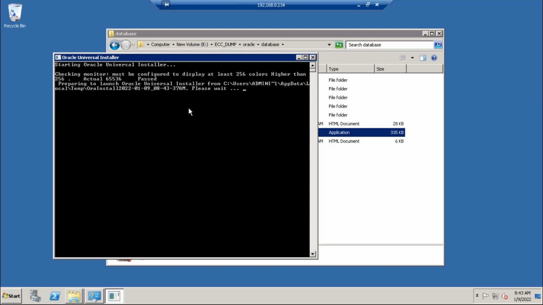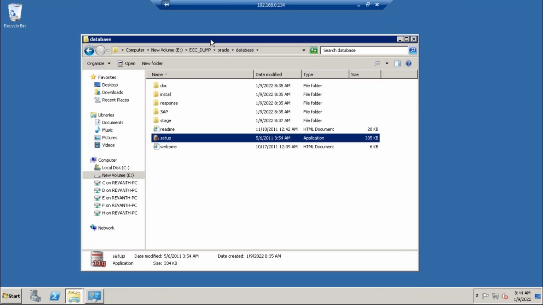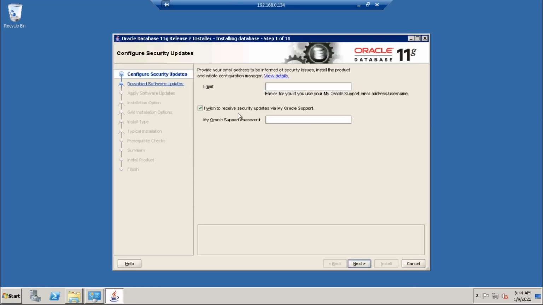If you have GUI, it will show you one GUI screen where you can choose the options. That is only because of your Java.